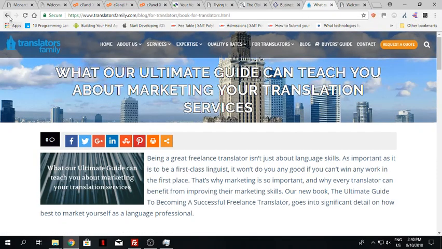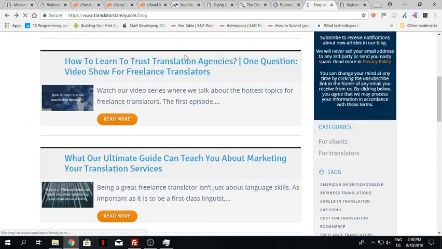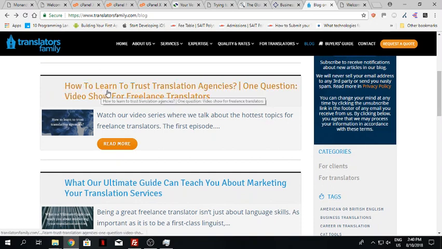So here we have translators family. I have a lot of problems with the way they designed the website. I mean, color-wise, decision-wise, even the way colors change. I don't agree with this, for example. So anyway, if we see a blog post like this, and I click on it, it's going to do something similar